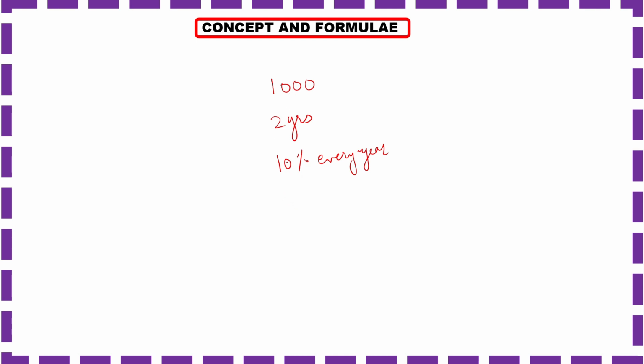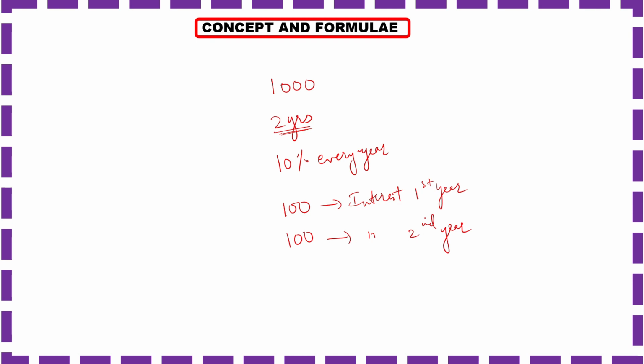10% of 1,000, right? So 10% of the amount that you borrowed. 10% of 1,000 is 100 rupees. So this is the interest for the first year. Since you have borrowed the 1,000 rupees for 2 years, for the second year also you must pay the interest. So for the second year also the same 10% is applied. So 10% of 1,000 is 100. This is the interest